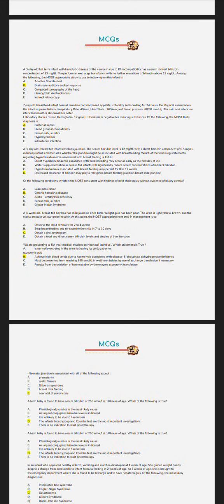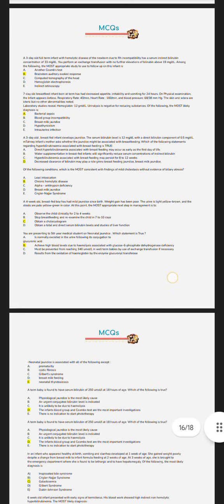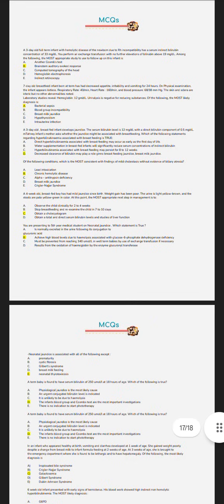An exclusively breastfed infant born at term has had decreased appetite, irritability, and decreased urine volume for 24 hours. On physical examination, the infant appears listless, respiratory rate 40 per minute, heart rate 60 per minute, and blood pressure 68 over 38. The skin and the sclera are icteric, but no other abnormalities are noted. Laboratory studies reveal hemoglobin, bacterial cultures, blood group incompatibility, breast milk jaundice, hypothyroidism,